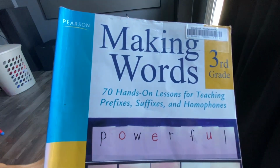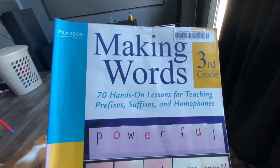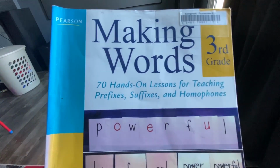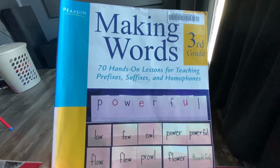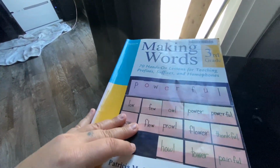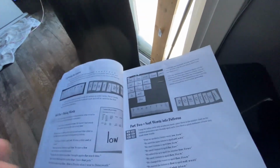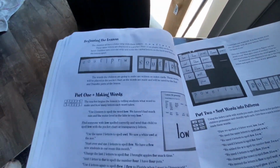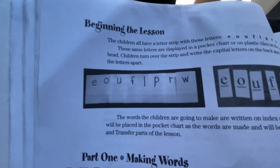Okay, so one of the things we did today, I don't know if anybody's ever used this book. I found it at my town's library, and I saw it and thought it was really cool. So I read through it, and I started seeing some of the actual components of how they utilize it. I don't know if anyone else has read this book or if they use this in their class, but I thought it was a really cool tool to get kids, especially now with them struggling to spell, just with COVID and everything. So I guess the way that it works is you give the students a word, and you